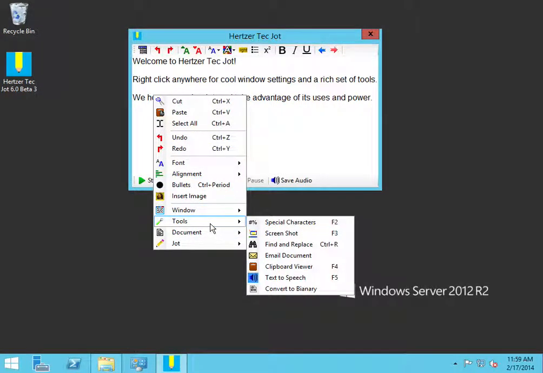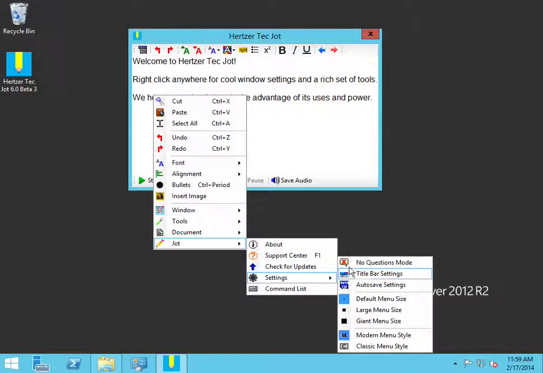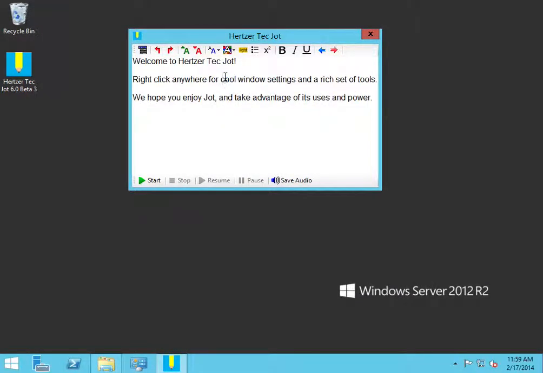But yeah, it just disables certain stuff with Jot, which is actually kind of good for some people. The whole point of this feature is, say you've got a kiosk set up, or a little display, and you're showing off some sort of text, maybe you wrote an essay and you want people to proofread it, and you have a lot of people and you don't necessarily trust all of them, and you don't want people closing it. If you have information that's not sensitive, but stuff you don't want people getting, you can prevent people from copying it, saving it, exporting it, whatnot,